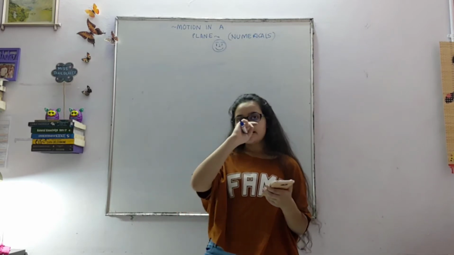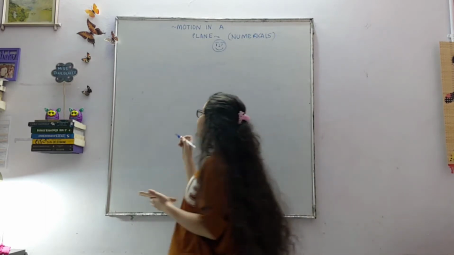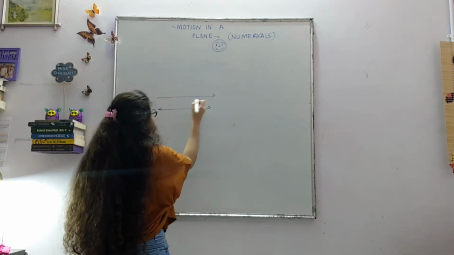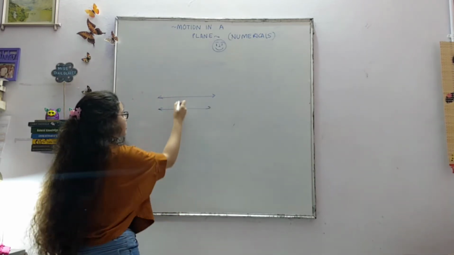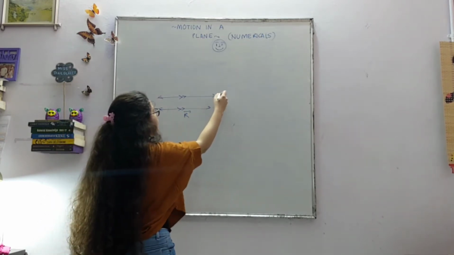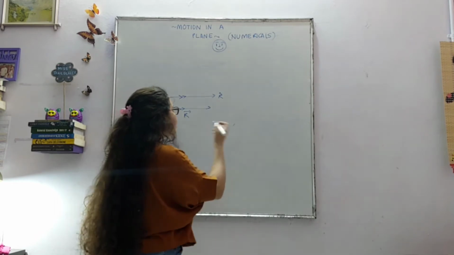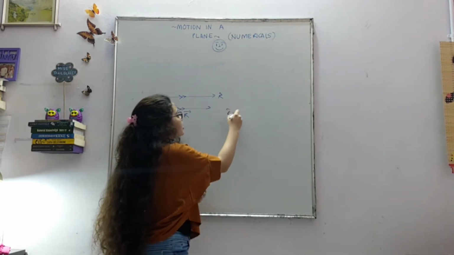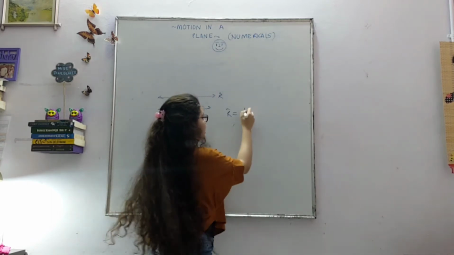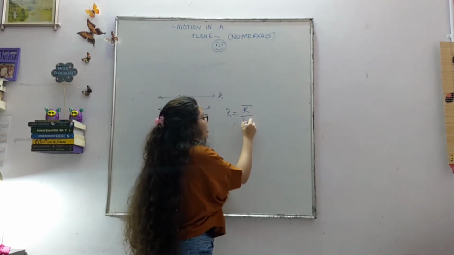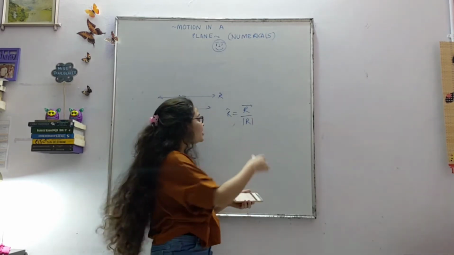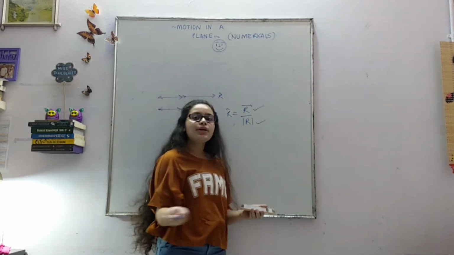And why do I say it is easy? Because if we find the resultant, the unit vector is parallel to it. So they both are parallel. R vector and R cap are parallel. And you know the formula for R cap: R cap, or any unit vector in general, is the vector divided by the magnitude of the vector. So what do we have to find? Very simple, the vector and its magnitude.